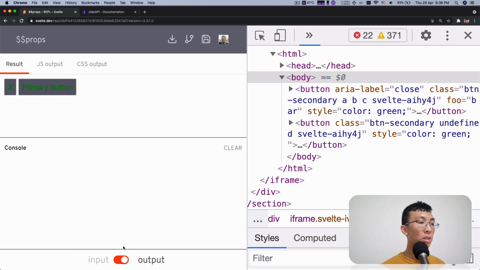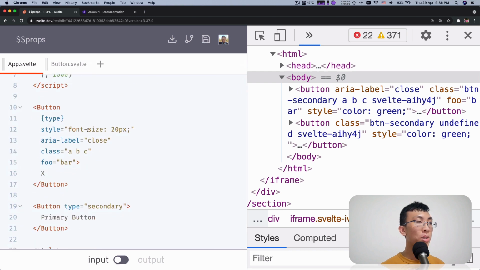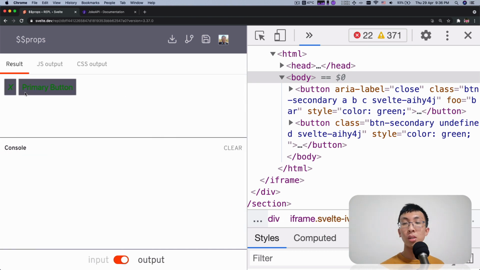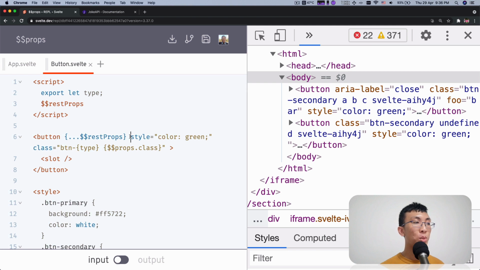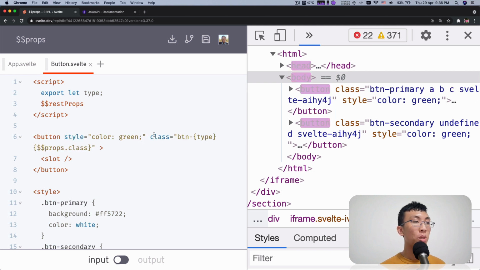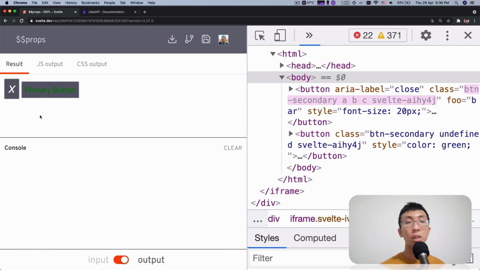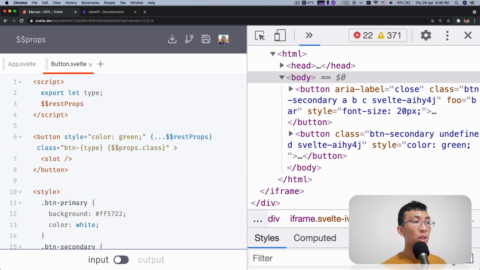right? You have a green text, and if you come over here and add other styles like font size, you probably see that the font size is being undone, right? Because this style comes after the restProps. But if you reorder this, you see that the text itself is now no longer green. And if you want both of them, you probably will have to do $props and .class,